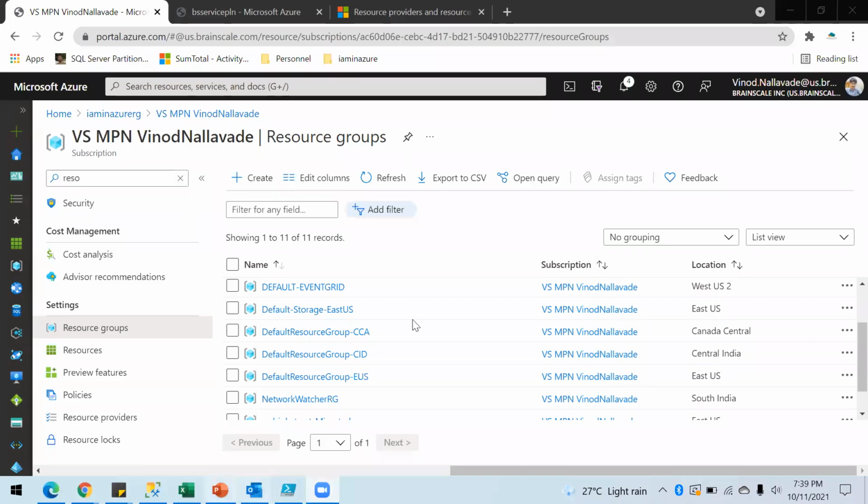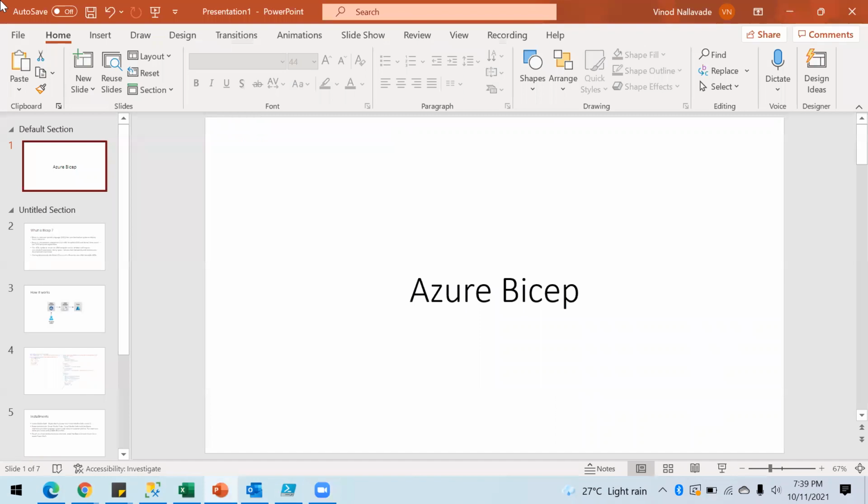Okay, we all know that we have different methods to deploy resources inside Azure, like Azure ARM templates, Azure SDK, Azure PowerShell, or Azure CLI commands. We can use different programming languages with the different SDKs, or we can use REST APIs.